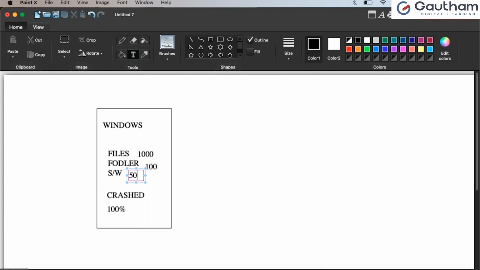Now, in this requirement, you can do it in two ways. You can create a new machine, and you can copy those 1000 files, or you can create 1000 files, have 100 folders, and install 50 softwares. It will take you the whole day to do that. If there are 10,000 files, then again it will take more time for you, right? So instead of creating a new machine and doing everything again from step one, from scratch,